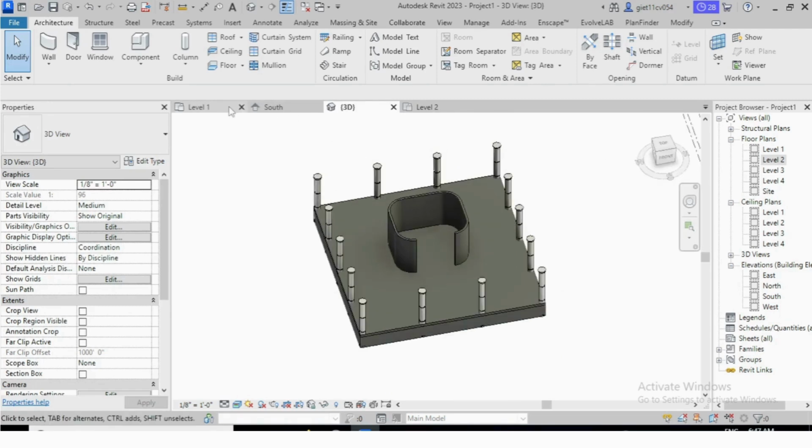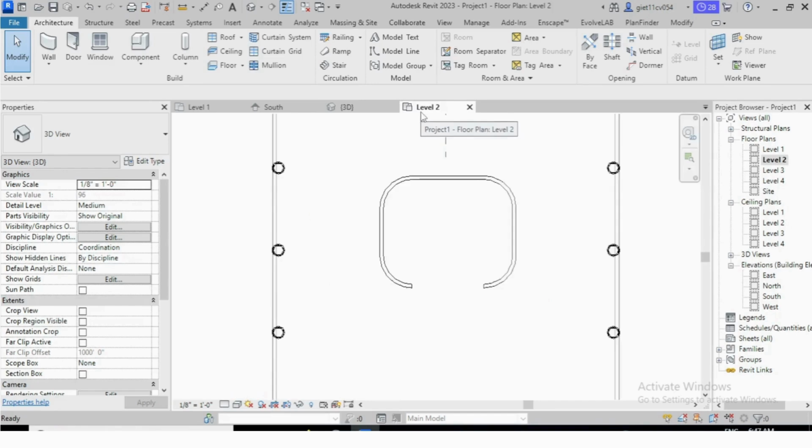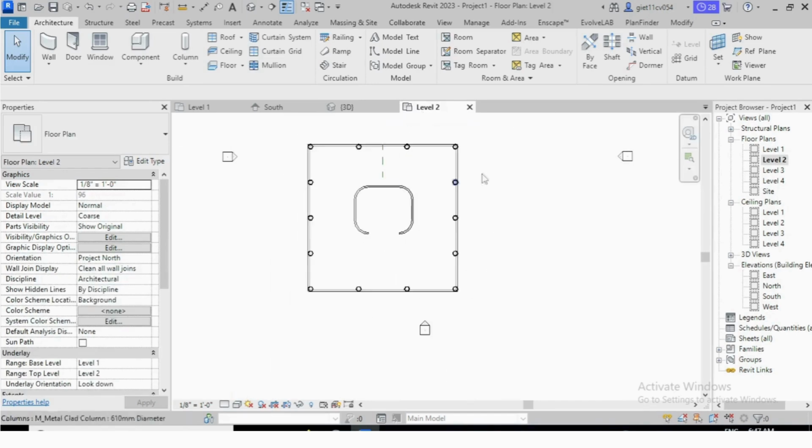Now go to level 2. So we have to place some roof floor over here on level 2. For that go to level 2 and place the floor.